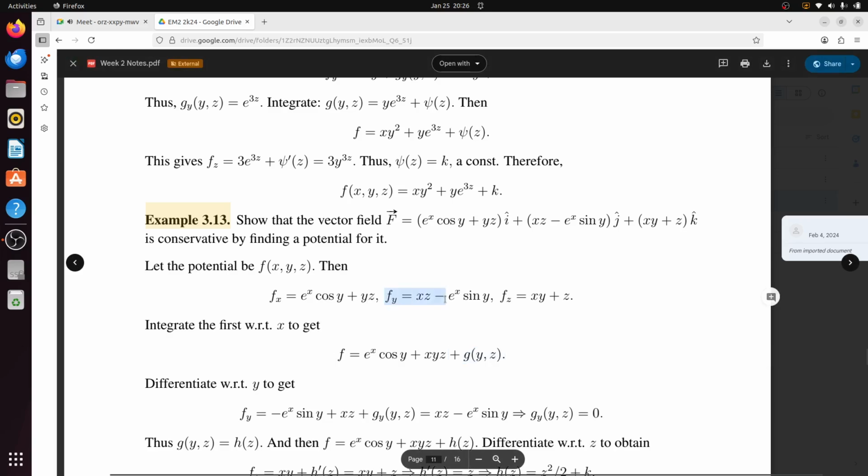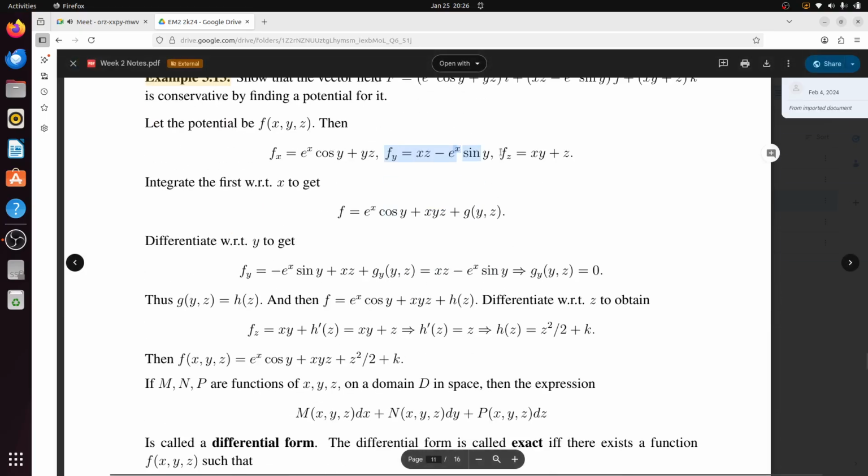अब इसको differentiate with respect to y, you will get again xz + e^x cos y..., and if you integrate f_z you will again get xyz + z²/2 + a function of x. तो आपको यहाँ पे क्या आएगा, e^x cos y + xyz + h(z), g(y,z). तो यहाँ से दोनों से आपको ये g(y,z) का आइडिया आ गया. तो अब f = e^x cos y + xyz + g(y,z),